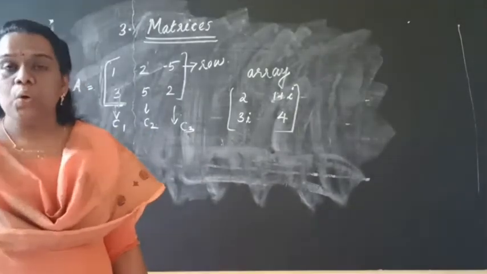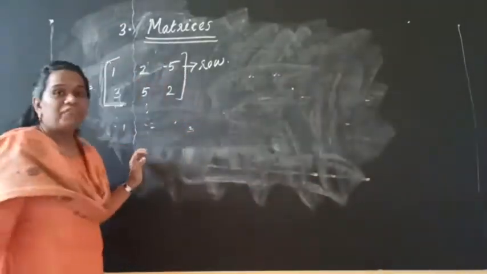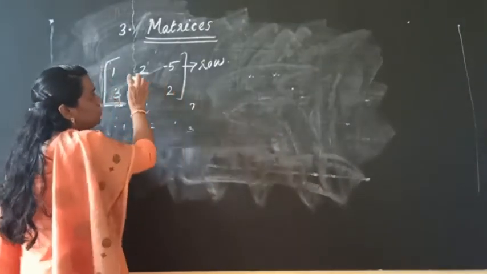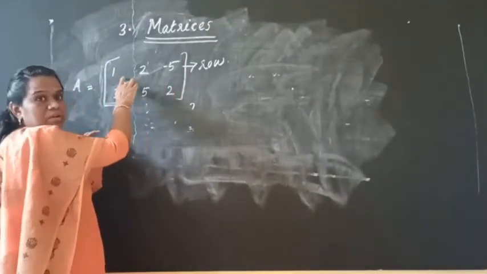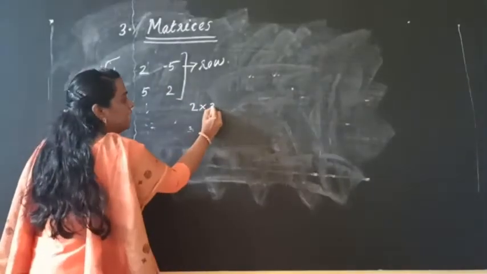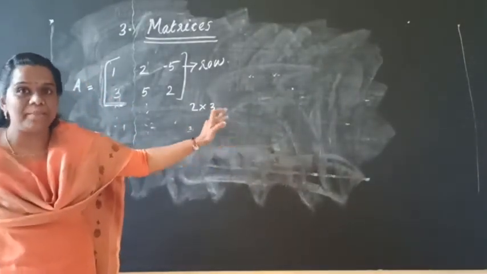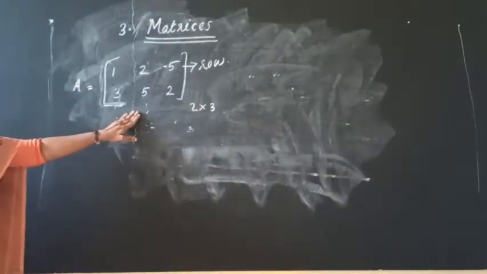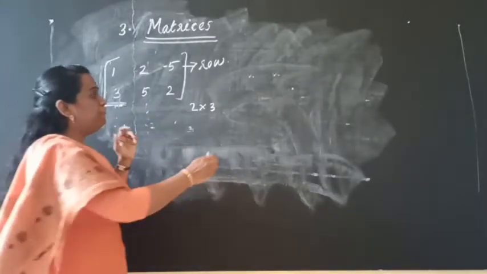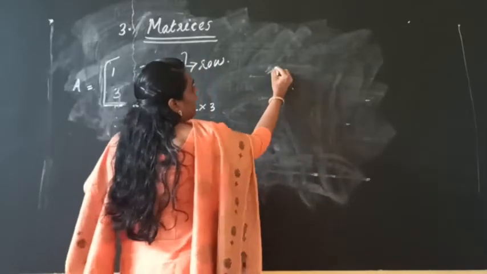Three columns. And how many rows are here? Two rows. So now we can discuss the order of the matrix. The order of the matrix is very important. First we write the rows: 1, 2, two rows, and columns 3. So we write it as 2 by 3. We don't read it as 2 into 3. This is a 2 by 3 matrix. Clear? Two rows and three columns. Then if we write a matrix of m rows, let me write another matrix.